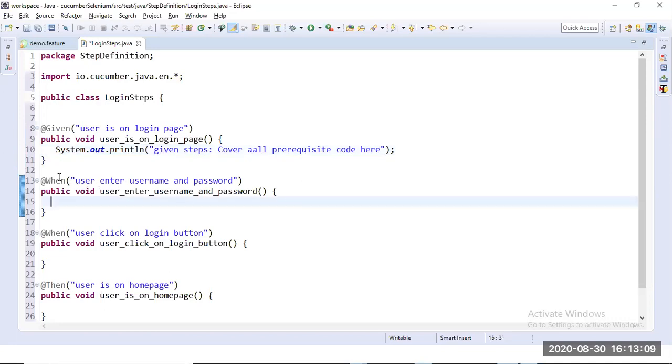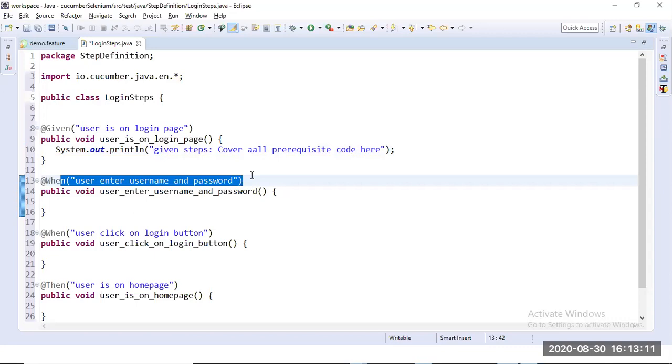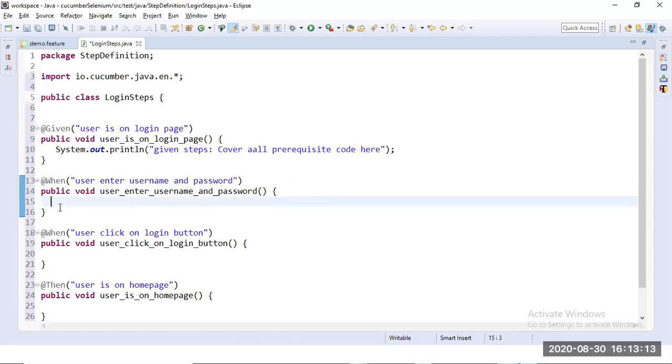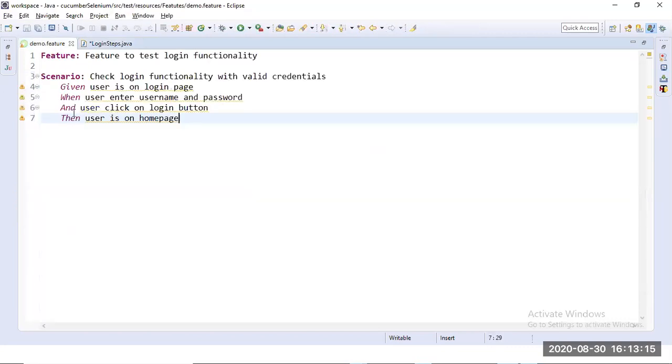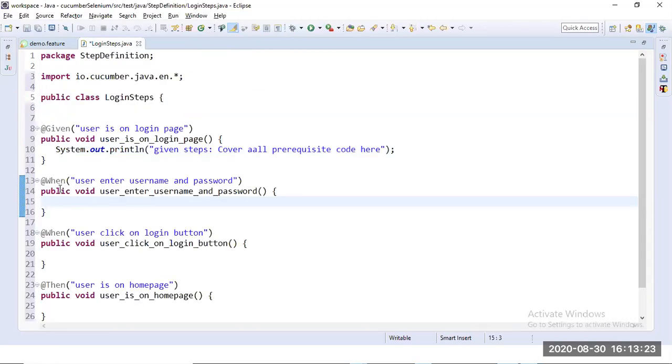Okay, then when. Whatever operations or actions you want to perform, you can cover within when. You see, after when we have written and: when user enters username and password and we are using and. But while generating the steps, whatever and you use followed by given, when or then, it will be treated as the same. Followed by when, an and condition will be treated as a when only.